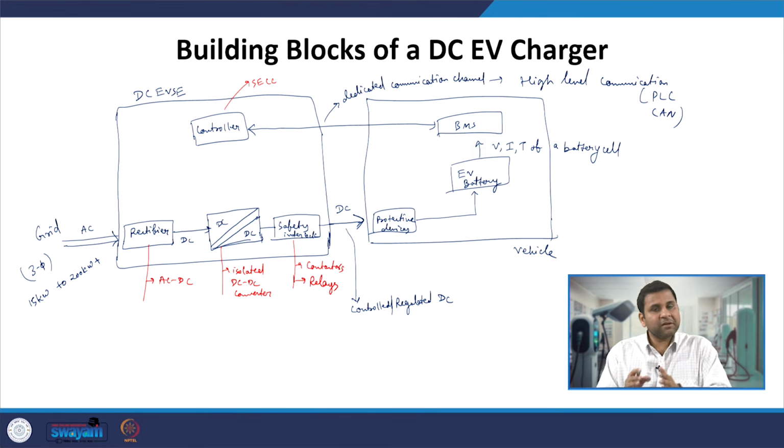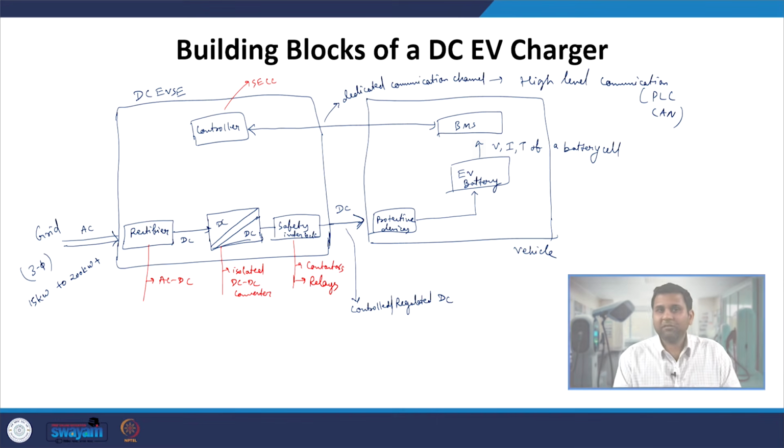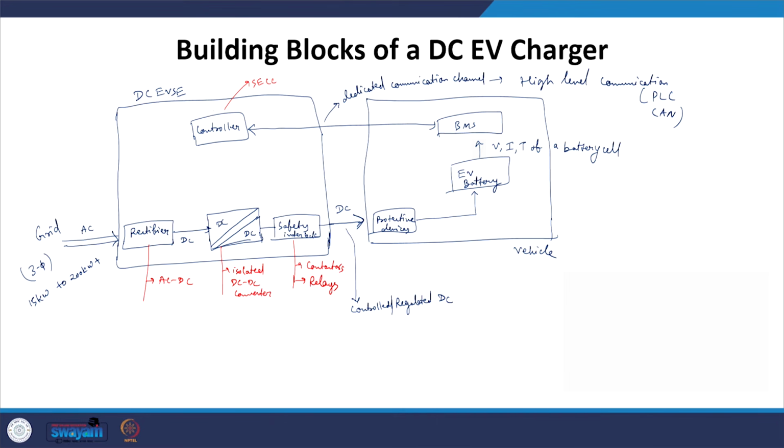So there is a lot of information exchange between BMS and the controller of the onboard charger, but in case of a DC charger where we have a DC EVSE, there is a lot of continuous information that needs to be exchanged between the BMS and the DC EVSE,